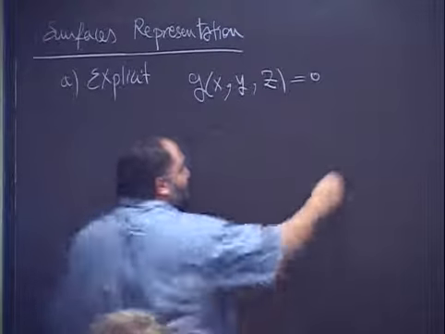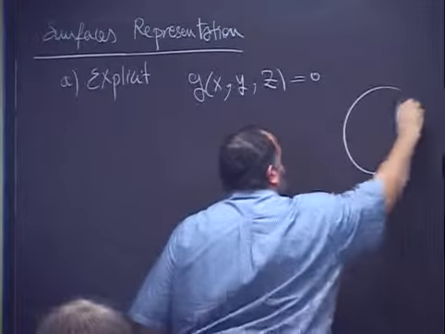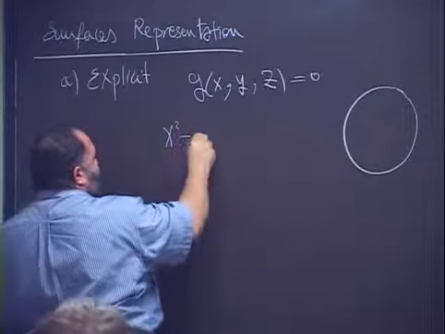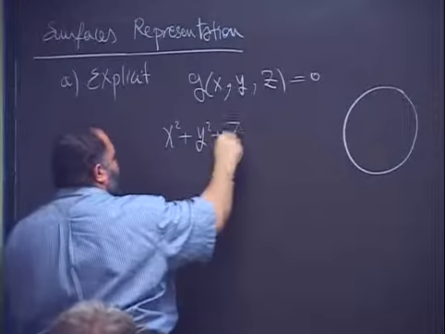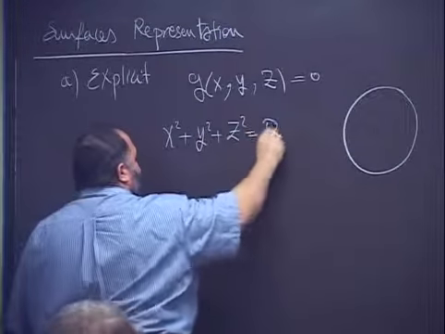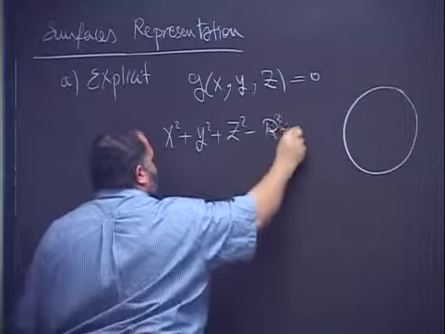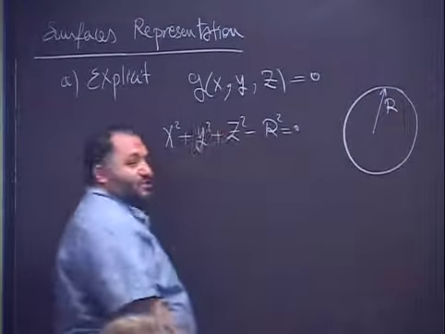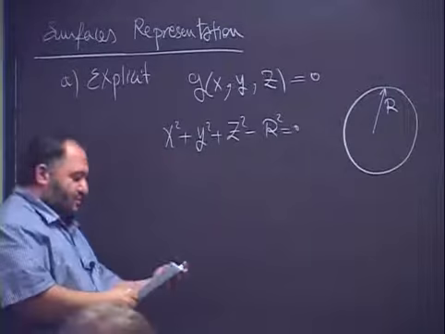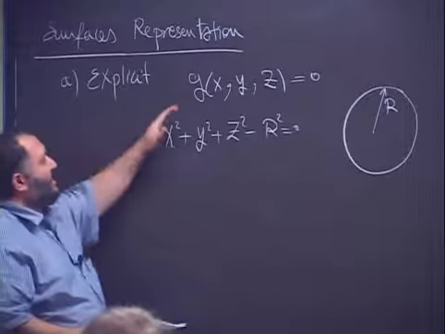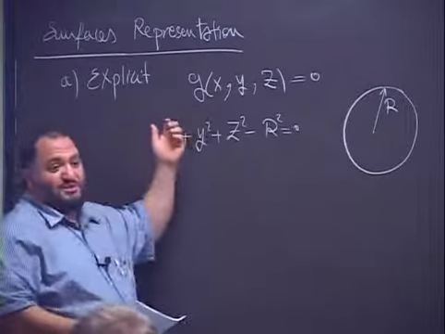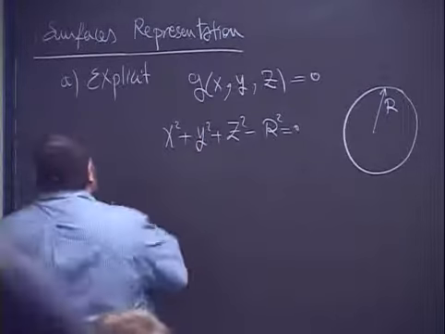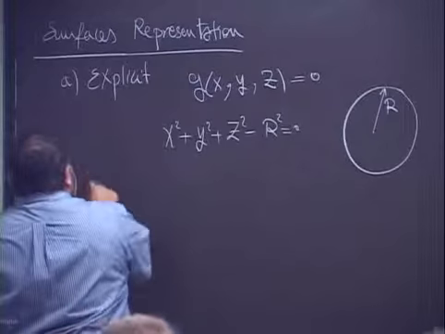Let's say we have a sphere. The equation for the sphere will be just x squared plus y squared plus z squared minus r squared equal to 0, if the radius of the sphere is r. So this is what we meant by explicit. The function will be just explicit in x, y, and z. Or we can represent this as